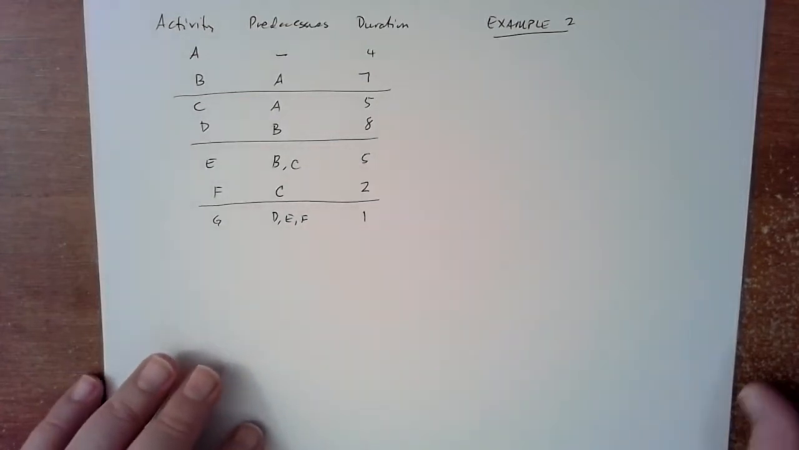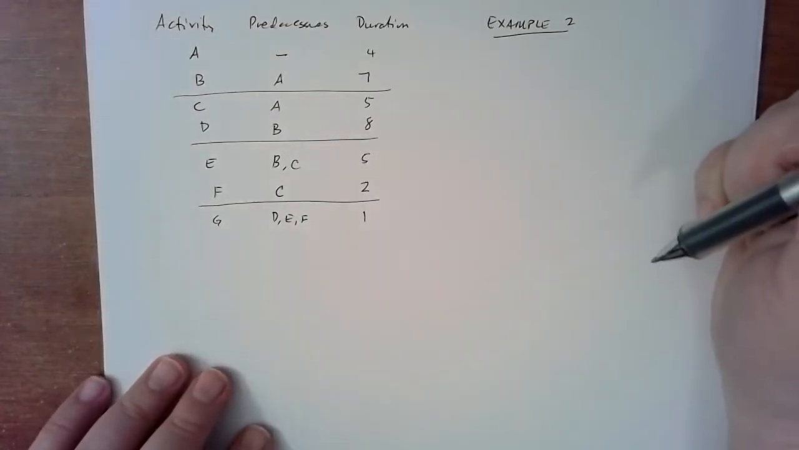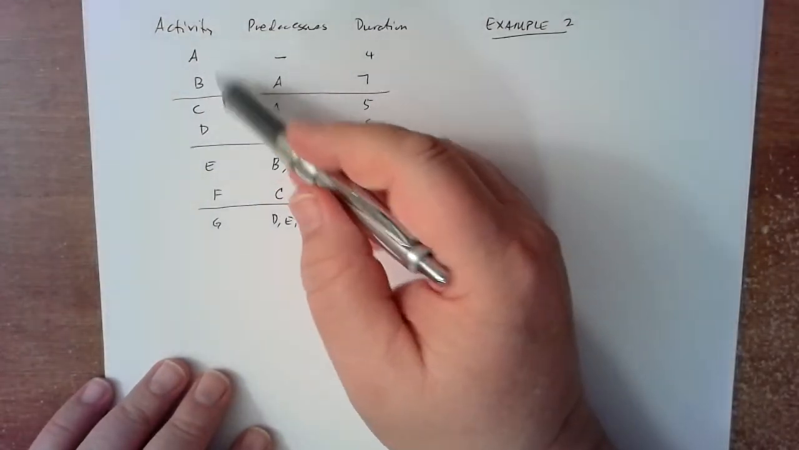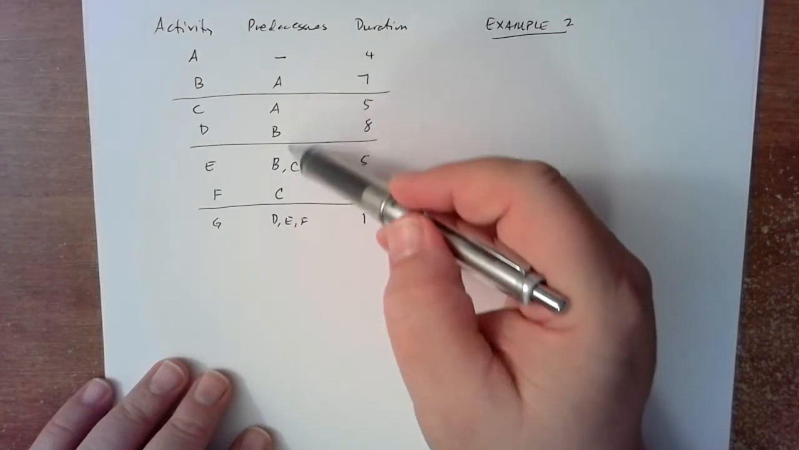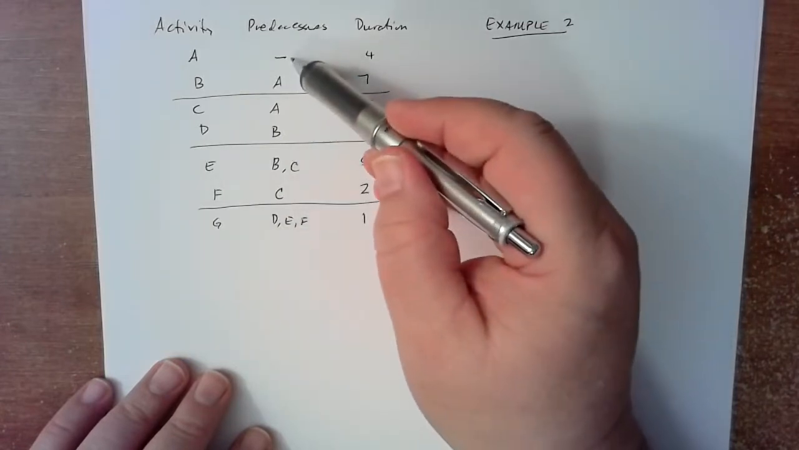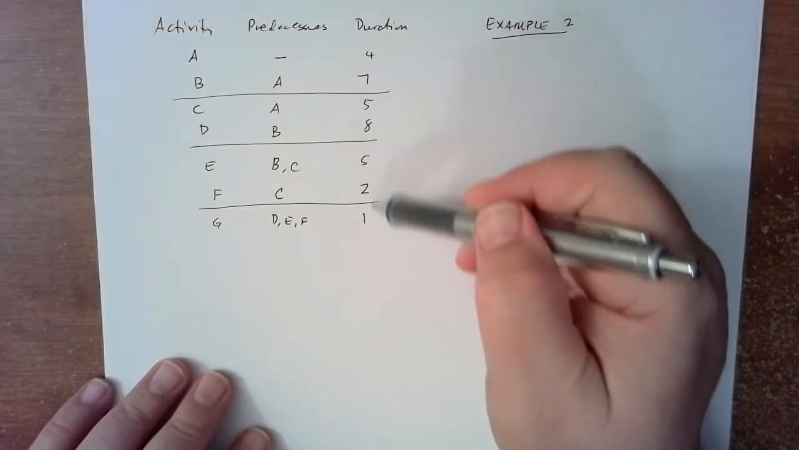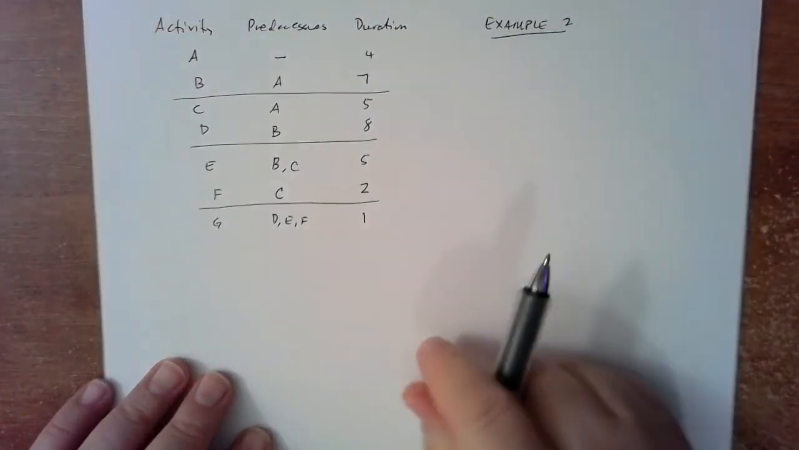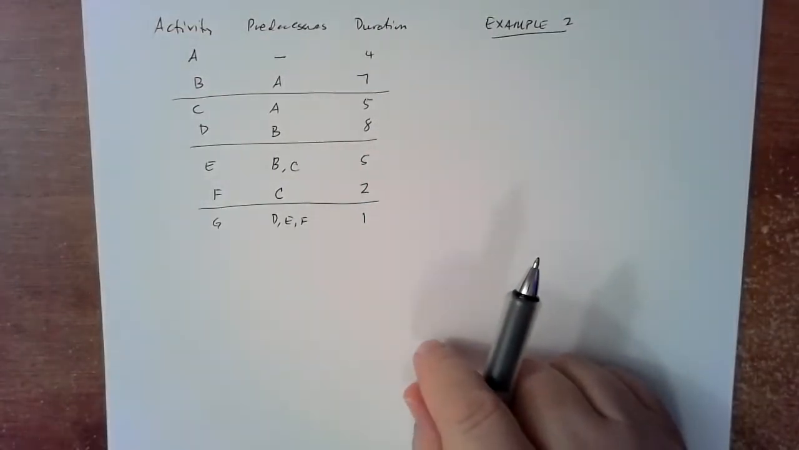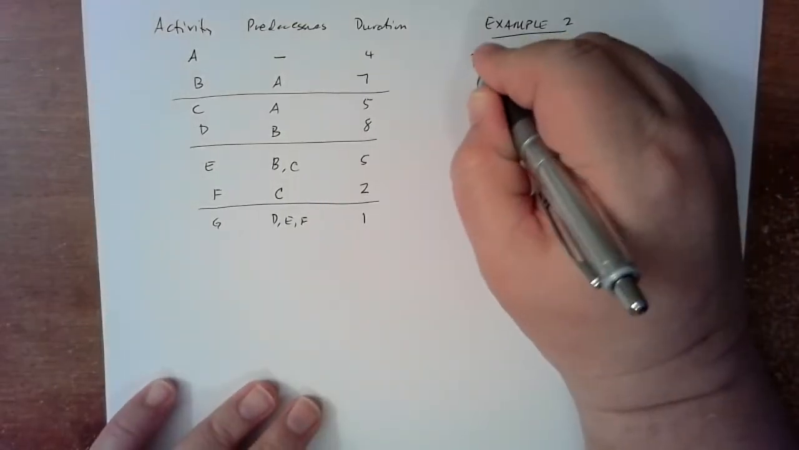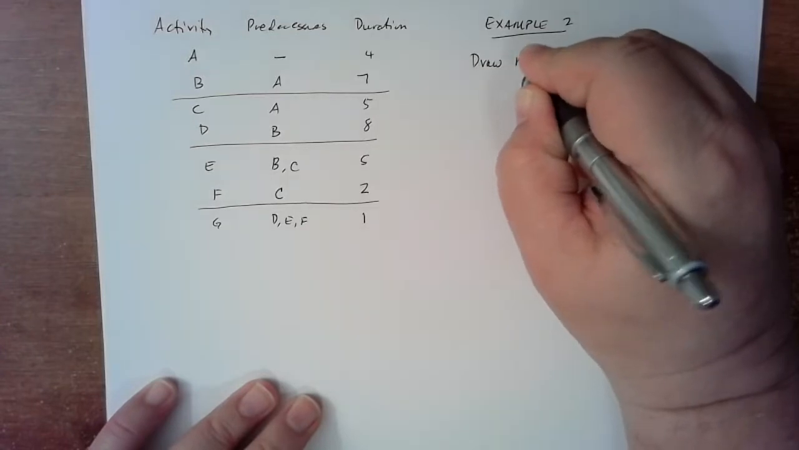All right, so here we go. This will be another example. What we're given here is our chart of activities, and this is the list of the predecessors. So if you see a line there, that means there are no predecessors. And then these are the durations, and you could think of those as hours or days or whatever. Good. So what we want to do is draw the diagram, the network diagram,